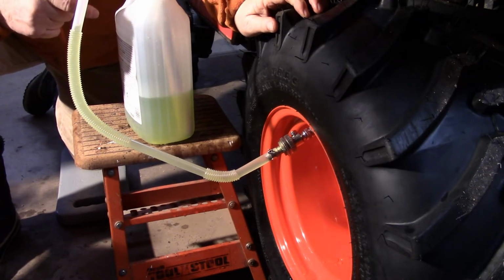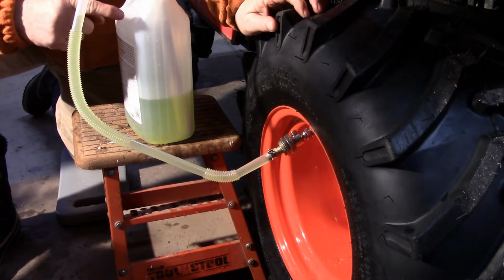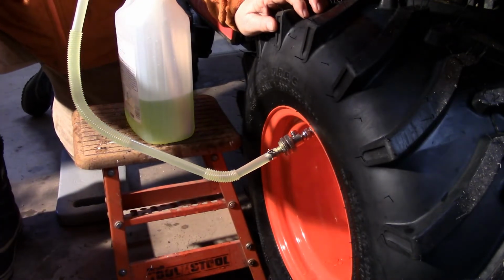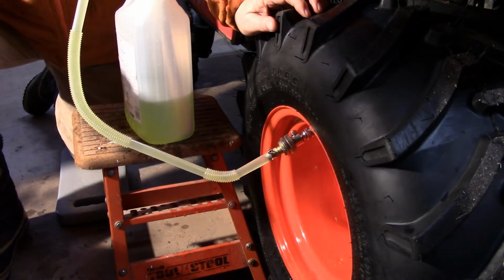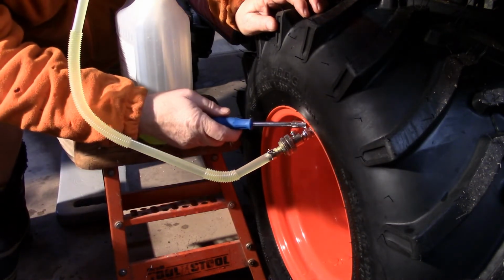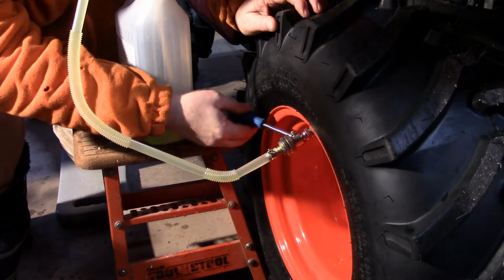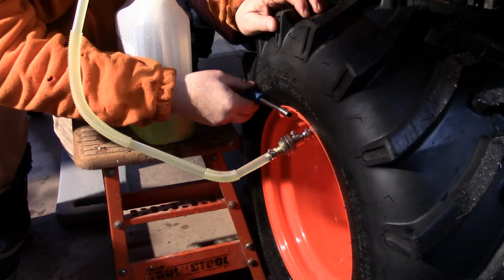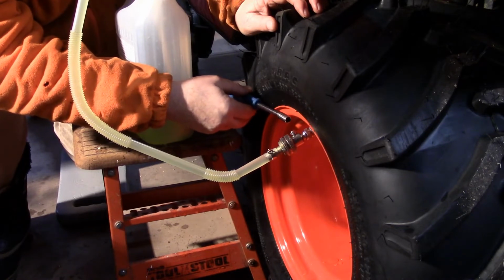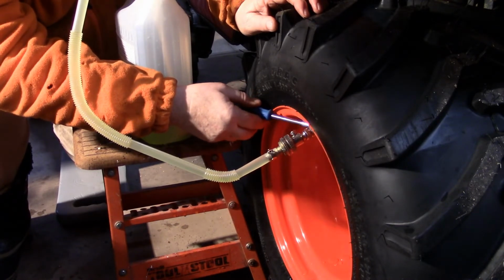So this is my 4th gallon, and I think these tires are going to take about 10 gallons. According to what you find on the internet, it's a 26 by 12, and they say they'll take 10 gallons. What I want to do is fill it up to a level that's even with this valve stem. They say that's about 3/4 full. And the way you can tell that is, once you get her full, when you roll the tire one way or the other,